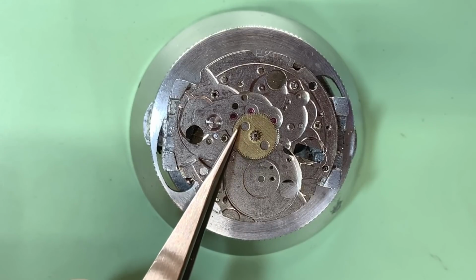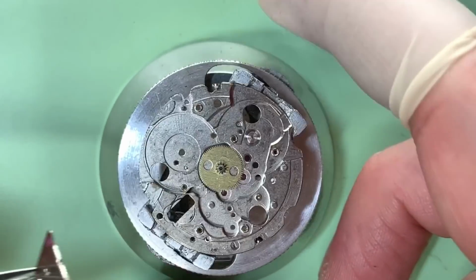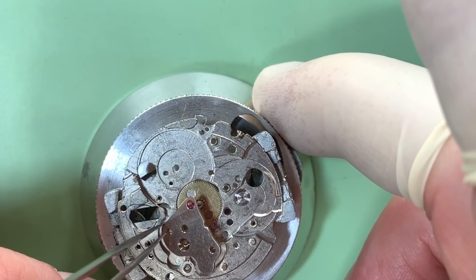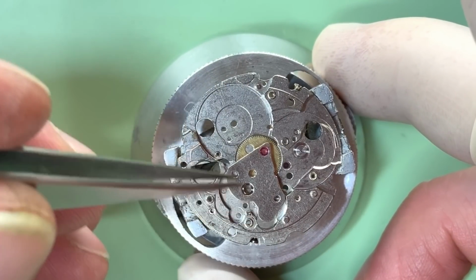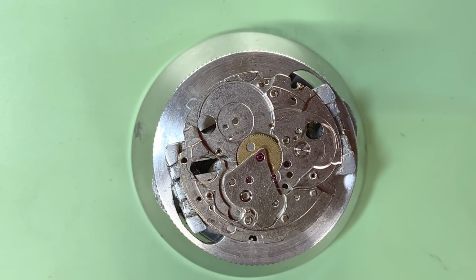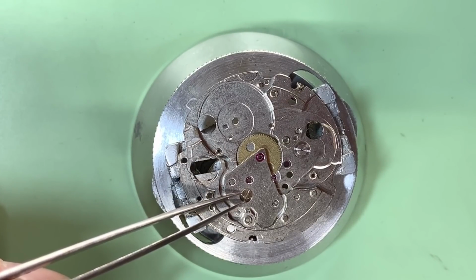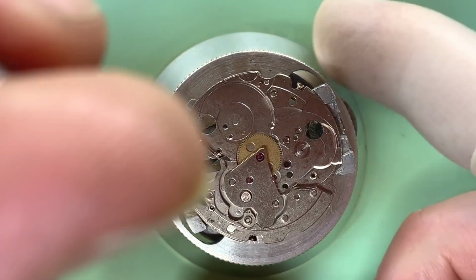and we just drop it on like so, and then we have the center wheel bridge, which is the next part, and the bridge will just sit like so. And the bridge, if you remember on the disassembly video, has one screw and it is a flat top screw, and that will just fit in there like so. And then again, excuse my fingers,